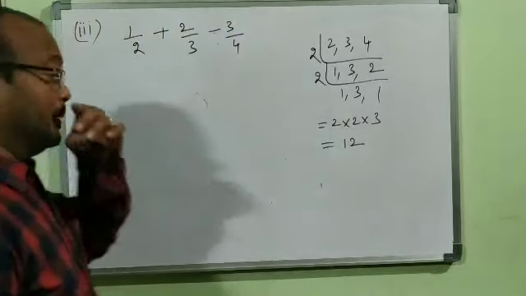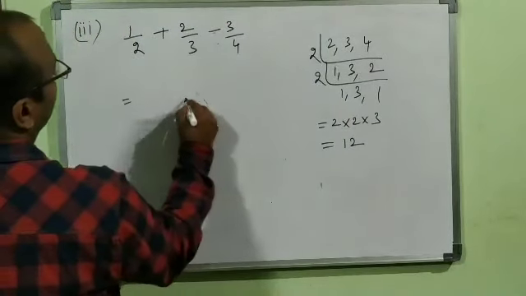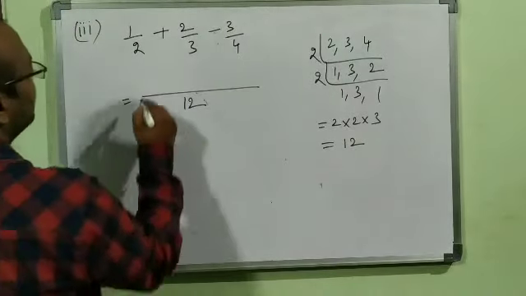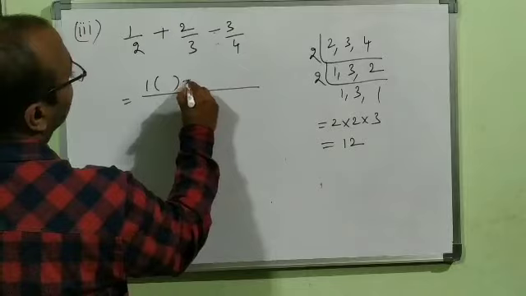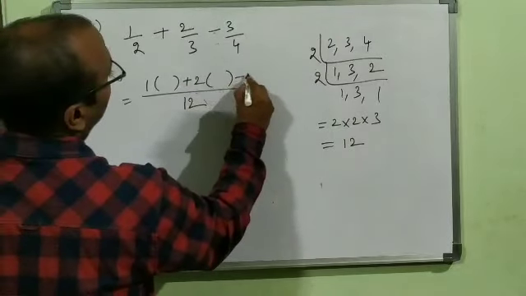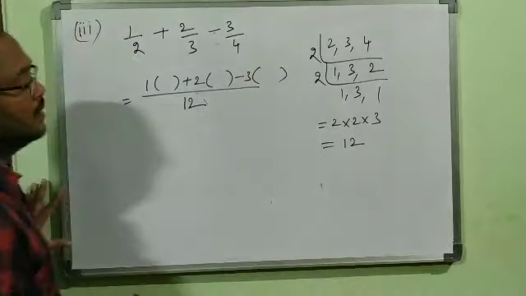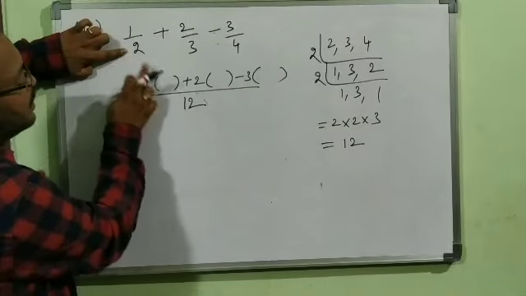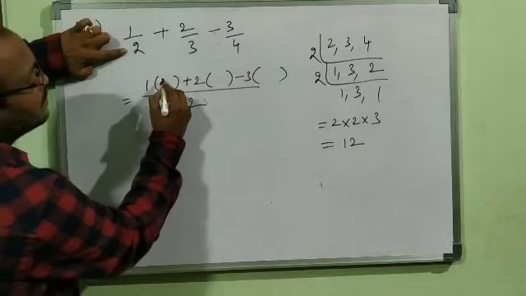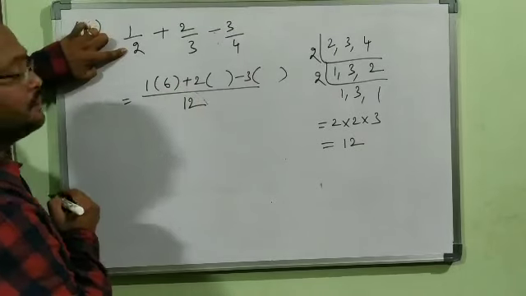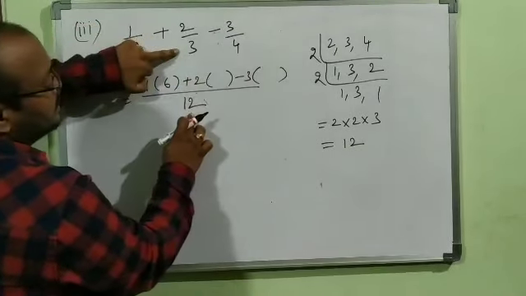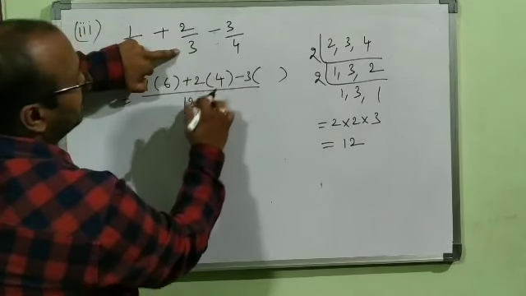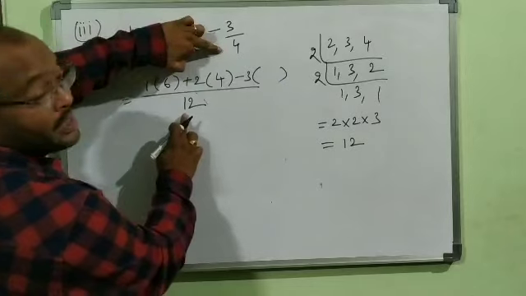12 is the LCM. Now this is equal to the denominator 12 here. According to the previous method, keep 1 here, bracket, plus keep 2 here, bracket, minus 3, bracket. Now look at it. Denominator 2. Here the denominator will be 12. When 2 becomes 12, you multiply with 6, correct? Here 3 is here, here 12 is here. When 3 becomes 12, you multiply with 4. 3 fours are 12. Now 4, here 12 is here.